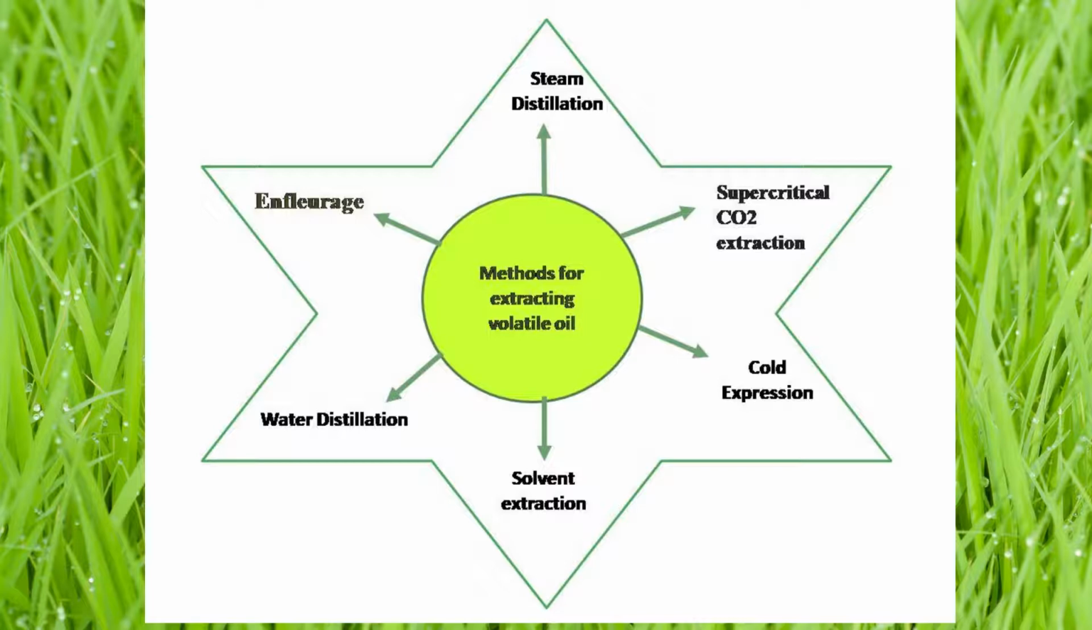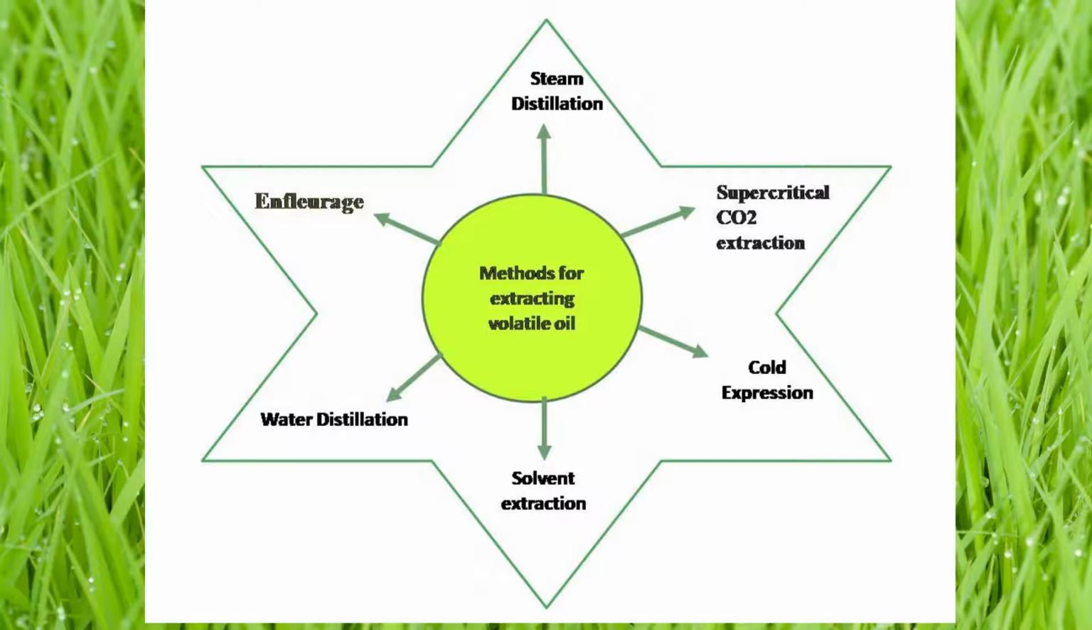The next method is the cold press extraction method. This method is used for isolating the volatile oils from fruits like citrus fruits such as lemon and orange. In this, the fruits will be ruptured mechanically using pointed projections, by twisting the fruits either mechanically or manually